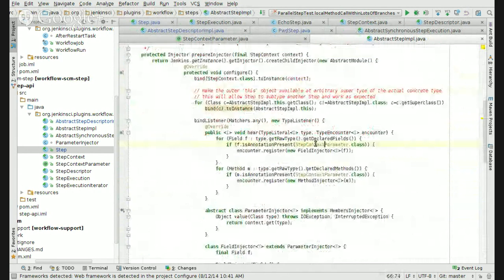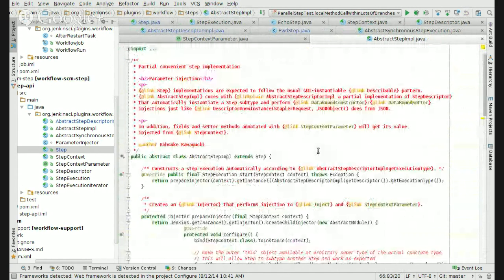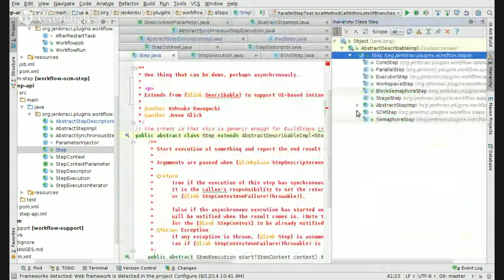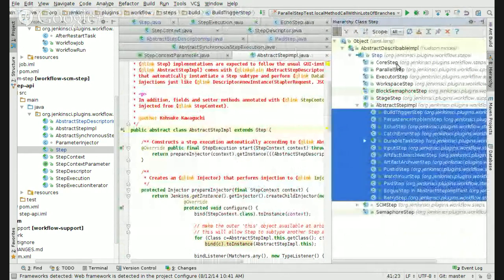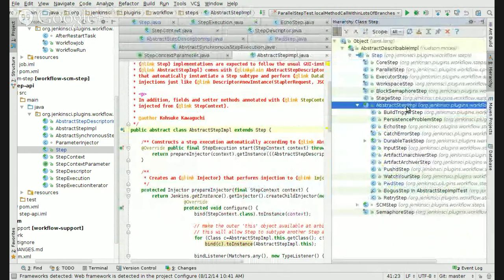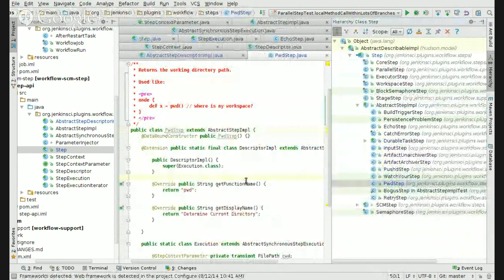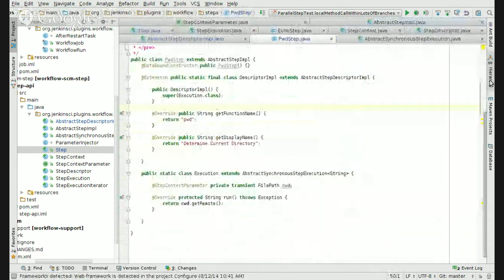And again, these are just convenience subclasses that take care of some of the plumbing for you for the simple cases like this one. And then the more complicated examples that we'll see don't use these convenience implementations. So these are simple ones. These are not. Right. So if you go back to the PWD step, in the execution,